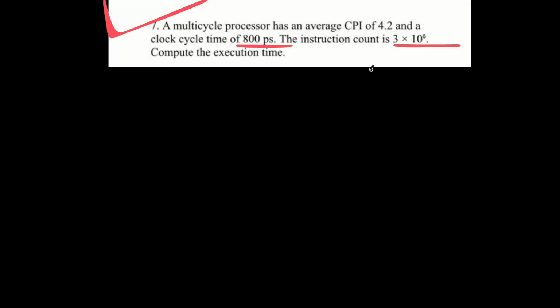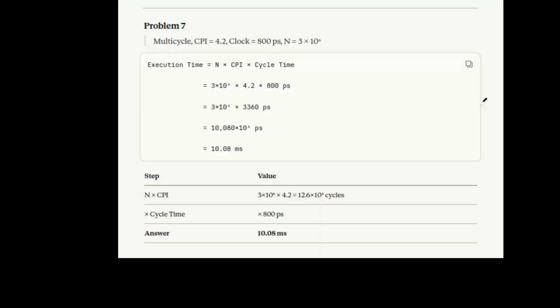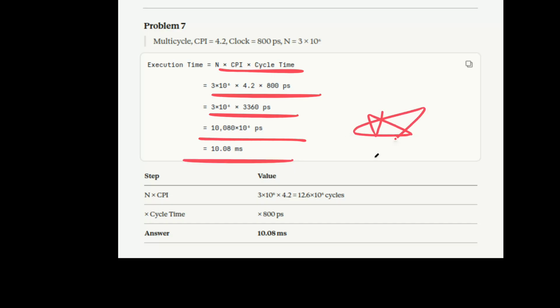This is a basic formula: the total number of instructions, 3 into 10 raised to 6, into the average CPI 4.2, into the clock cycle time, that is 800 ps. Now you have to understand this. This is just a basic question, you can just write it like this. There is nothing more to talk about here, but